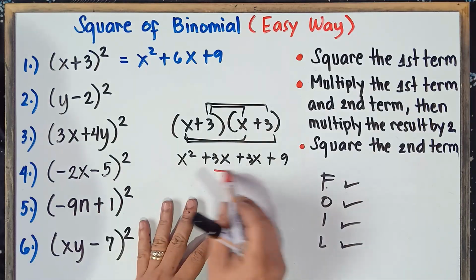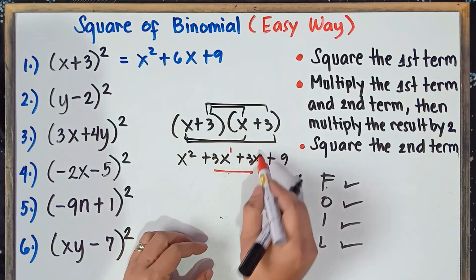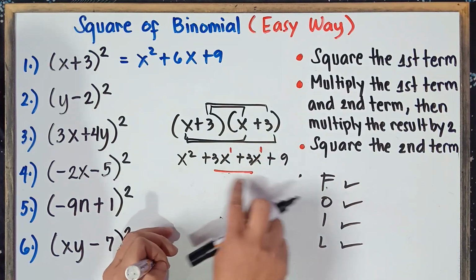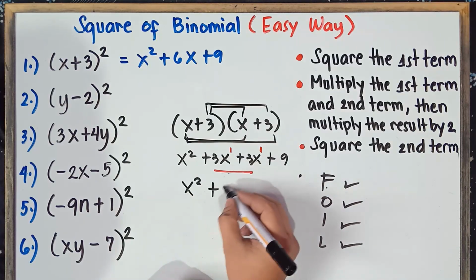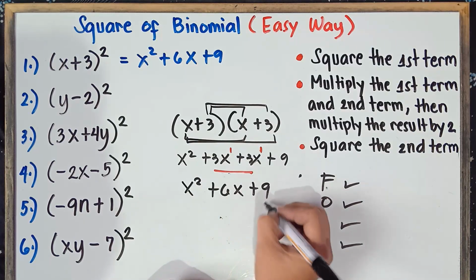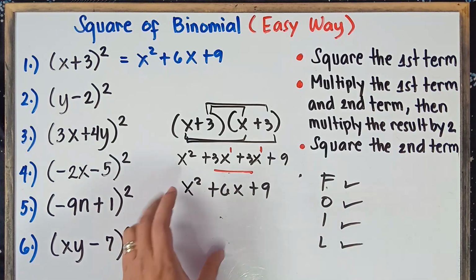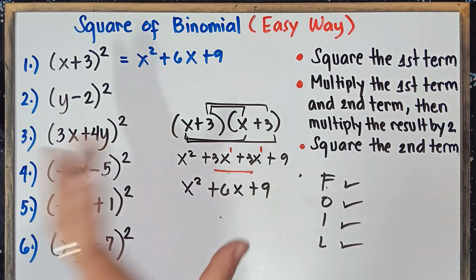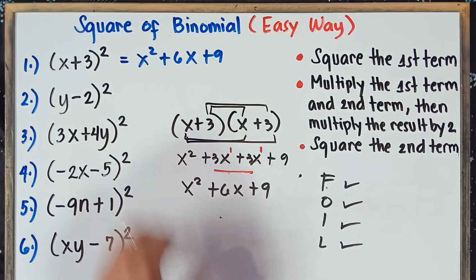And then simply combine like terms: same letter and same exponent for the letter. Therefore, we can combine this one. So copy x squared, 3x plus 3x, that would be positive 6x, and then positive 9. You will have the same answer, class, with regards to the FOIL method. But once again, class, it will take time if you do it this way. So let's master, class, the square of binomial procedures, and then we'll be answering this one directly.